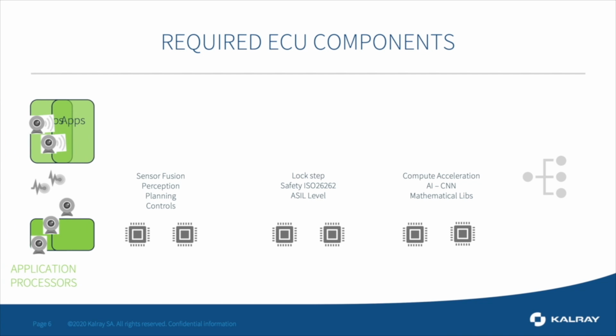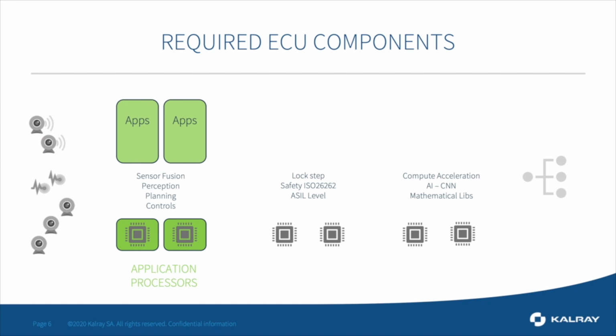That is more or less the application processors that will be part of the ECU. Obviously, you need IOs to welcome, for instance, MIPI CSI from camera or other types of data from LiDAR, from camera, from GPS, different types of buses, different protocols, different IOs that need to feed these